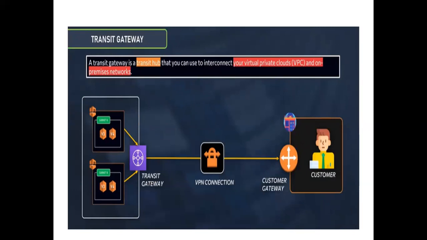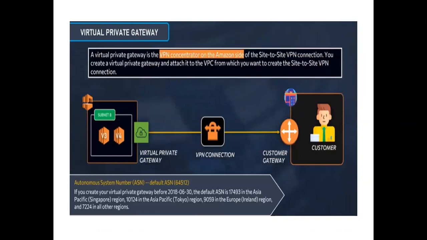As I told you, if you want to communicate to multiple VPCs or multiple network connections, a transit gateway is nothing but a transit hub which is used to interconnect your VPCs and on-premises networks. If you don't want to use a virtual private gateway, the other method Amazon is providing is the transit gateway, which will help you communicate between multiple VPCs and multiple subnets, right? So you no need to create a single connection each time. A single gateway is enough to communicate with multiple VPCs. That is the additional feature Amazon has given. So either you can use transit gateway or you can use virtual private gateway. Both are the methods which are supported.